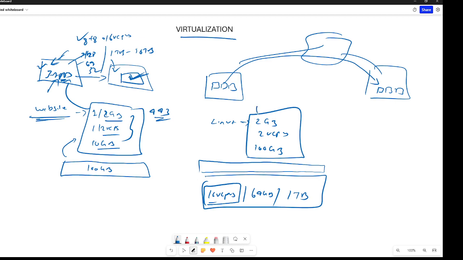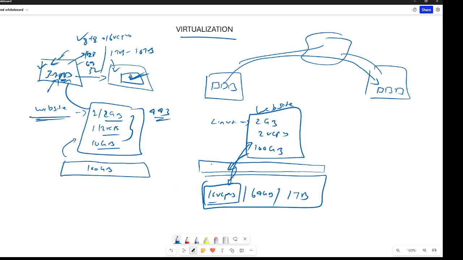So this website requirement is only this much. The virtual machine will communicate with the software, and the software will communicate with the hardware and make sure that it is allocated to this particular virtual machine website.